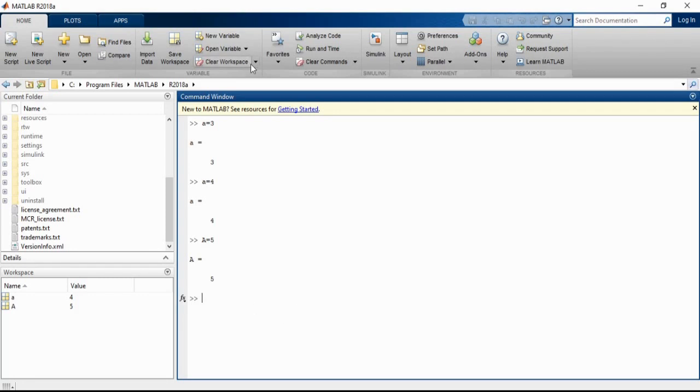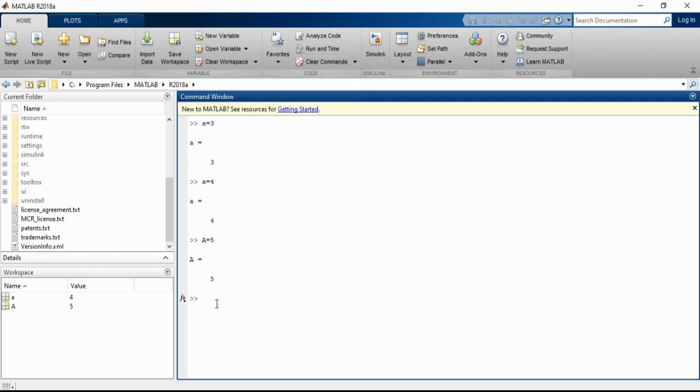As I showed you in the last video, whenever I am entering the commands, the command window is fully occupied with different types of instructions. Whenever I go like this, the instructions will go down completely. So I have to clear the previous instructions, and as I told you, we can clear the command window by using this option.